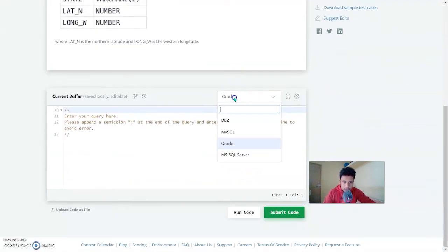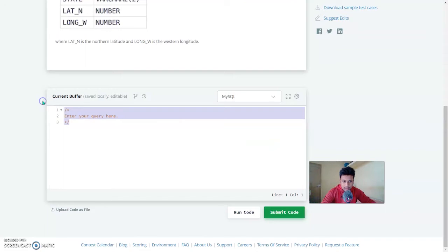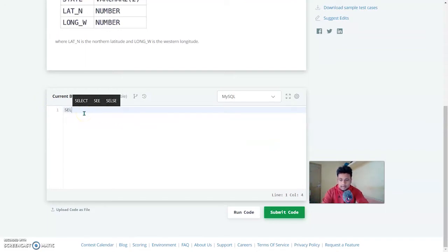Okay, so we will approach using MySQL, and your statement will go something like: select round, to round the value, and for that we need the minimum value of the lat_n. So inside min you put a bracket and take the lat_n, leave a comma, then round it off to 4 decimal places.